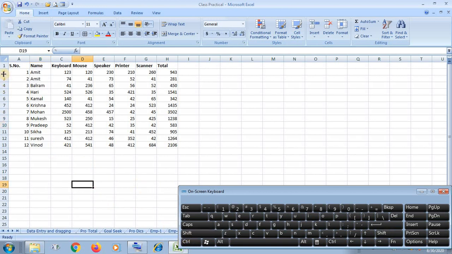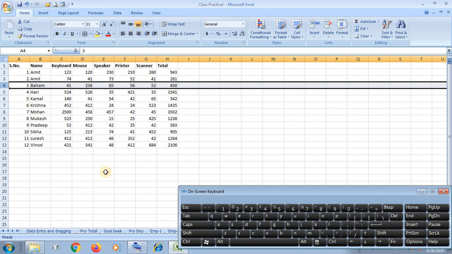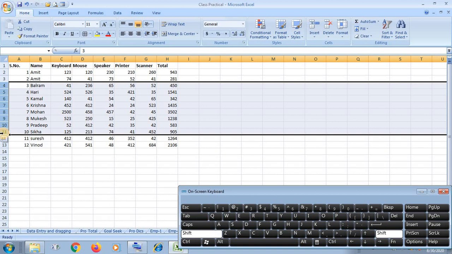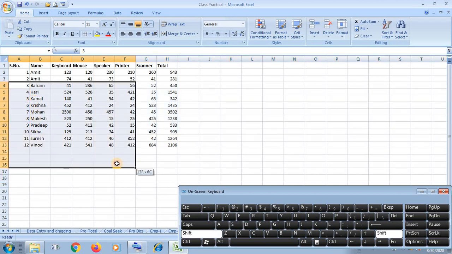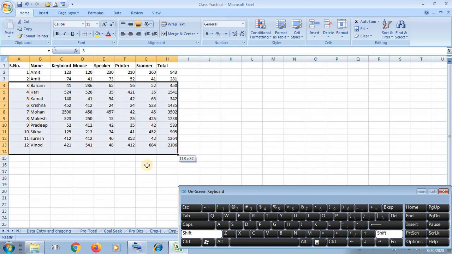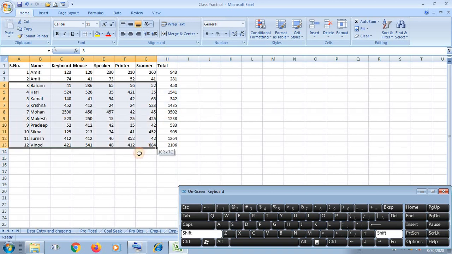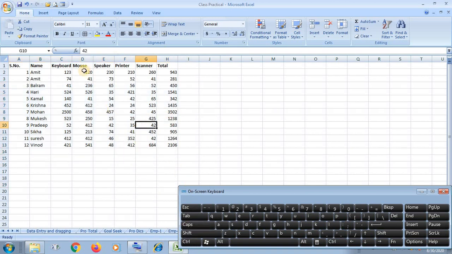Firstly you have to click on one row, like this, and hold the shift key, and again click on another row. In this way a number of rows are continuously selected. As you release the shift key, the selection stops.